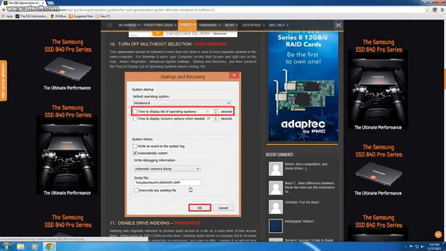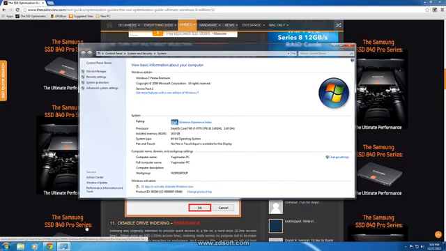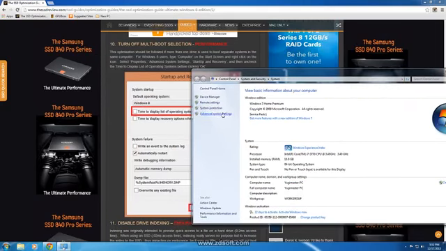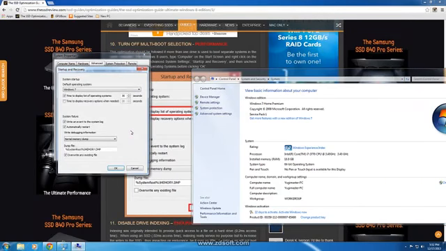Alright, so the next thing is to turn off multi-boot selection. That will help you out a lot. So what you want to do is go to your start button, computer, right click, hit properties, and then go to edit, advanced system settings, and then startup and recovery, hit settings, and then right here you want system startup, Windows default operating system, Windows 7. Since I have no other operating systems on my computer, I just uncheck that, hit OK,